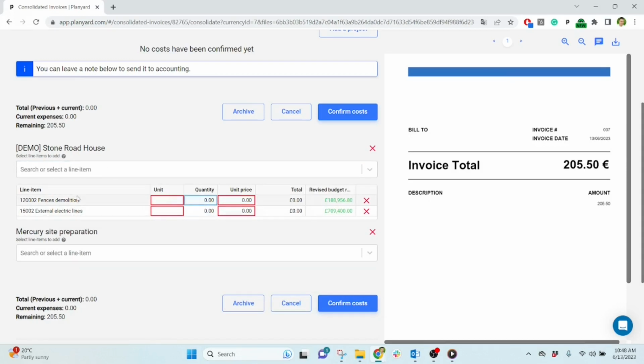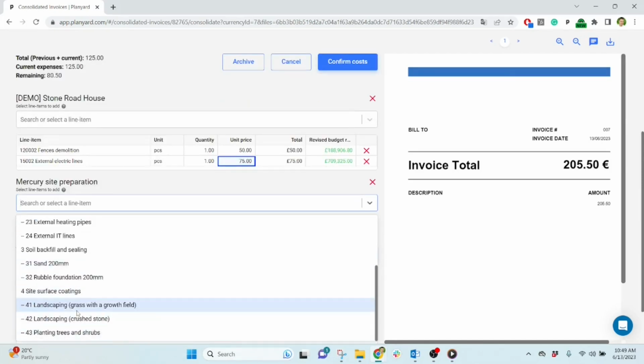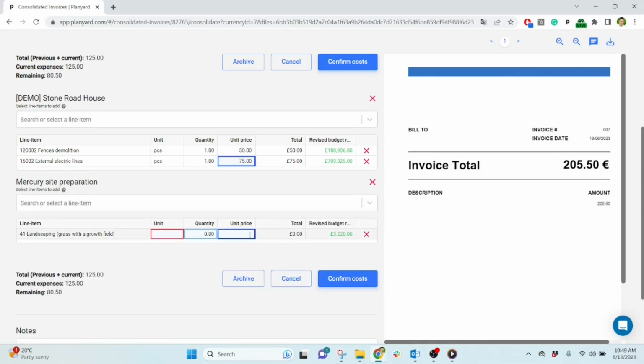So it's the same structure that we have in the budget. And I will label £50 worth of cost on this item and 75 on this one. And we see that we still need to allocate £80.5 worth of costs on our other project. So we go to Mercury site preparation project, and we can allocate the costs on landscaping, for example, and say it's worth